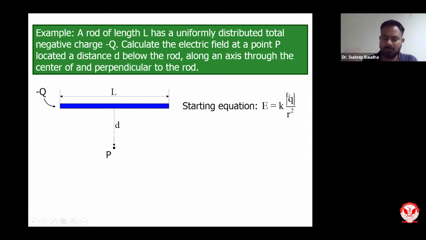So you know from our fundamental electric field equation that E equals K mod Q upon R square. Mod comes into the picture because we don't know whether the charge is positive or negative. If in this case it is negative, we can use the negative sign. If it is positive, then we can go ahead with the positive sign. So this is our fundamental starting equation. The electric field is denoted with respect to K. K is 1 by 4 pi epsilon naught. Q is the charge and R is the distance from that particular charge.